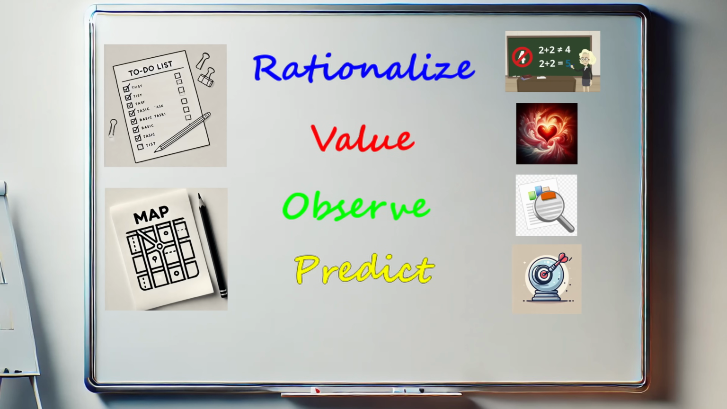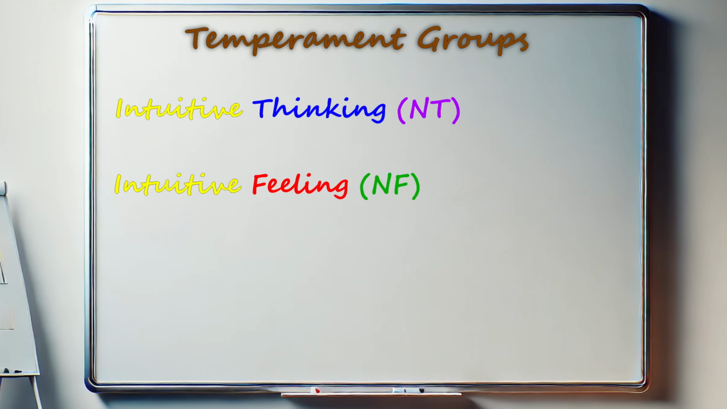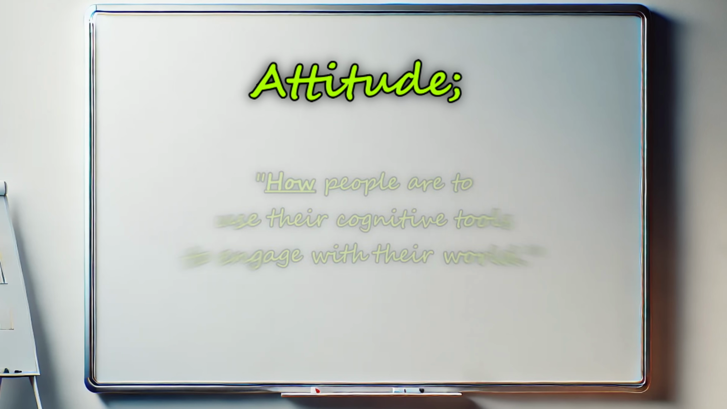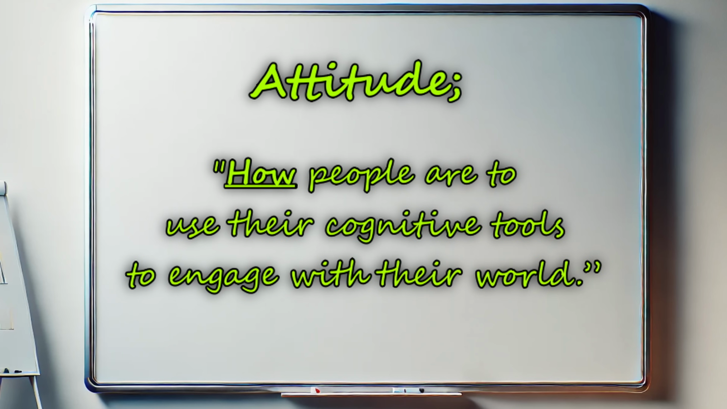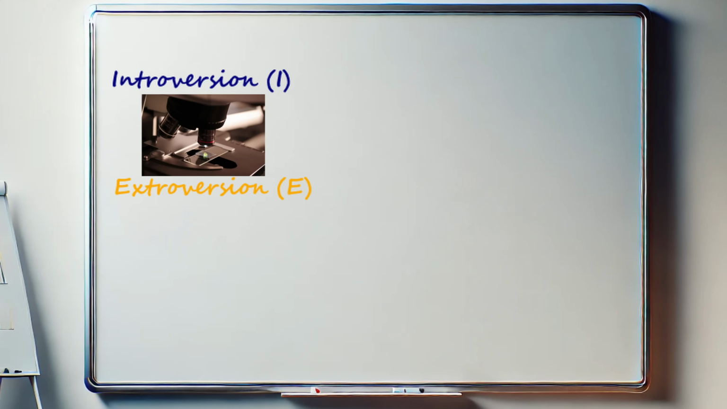These are the cognitive tools one has to use to move through the world. There are 4 different combinations of temperaments: intuitive thinking, NT, intuitive feeling, NF, sensing thinking, ST, and sensing feeling, SF. An attitude explains cognitively how people are to use their cognitive tools to engage with the world. These attitudes are either introversion or extroversion, which is either looking at their world through a microscope or wide-angle lens